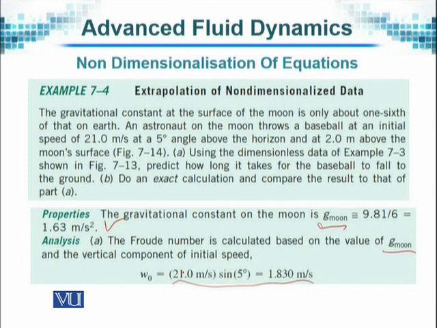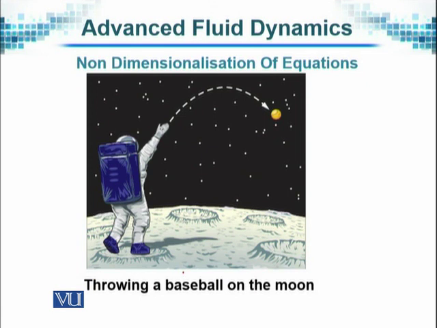When we calculate that, it turns out to have a value of 1.83 meters per second. This is just an imaginary picture of an astronaut trying to throw the baseball at an angle of 5 degrees, and they want to know how much time it will take to touch the